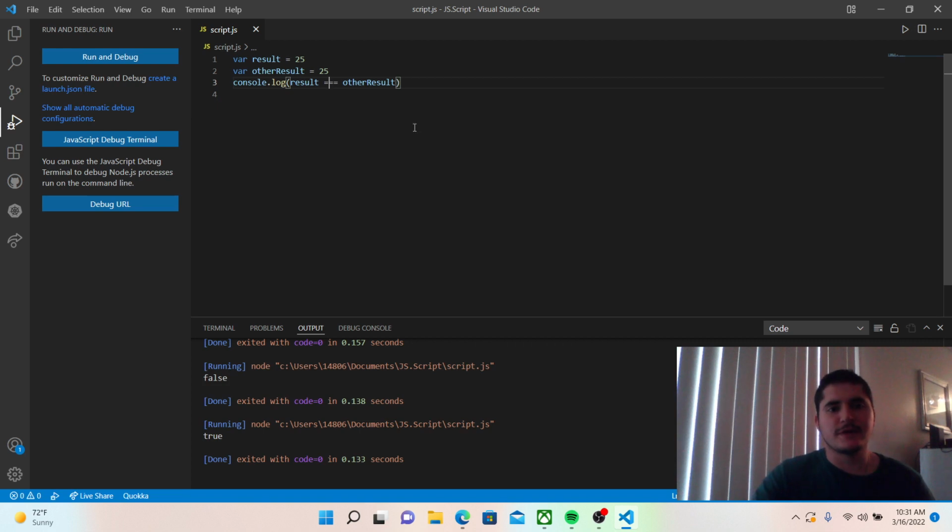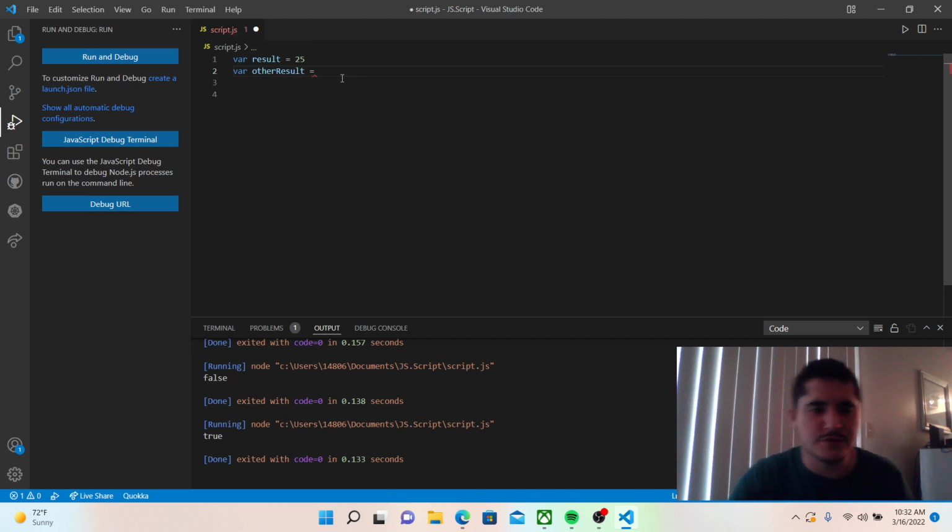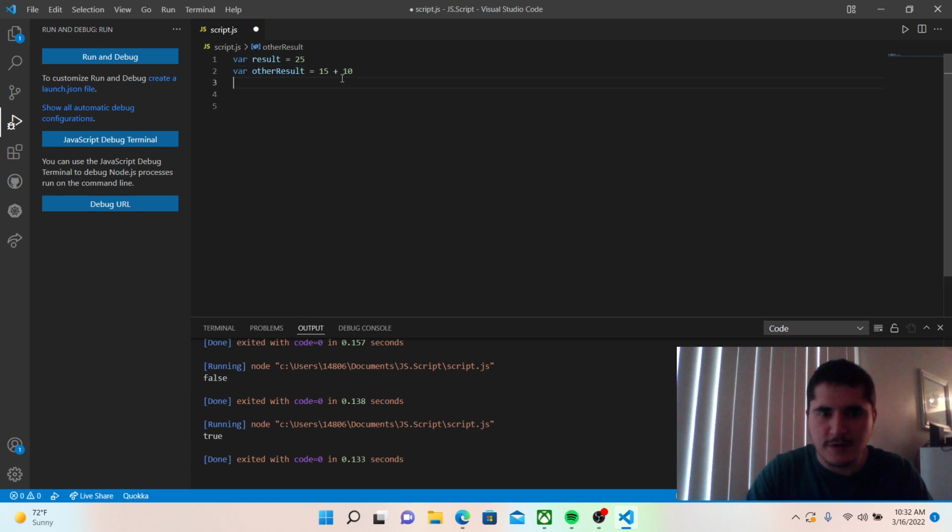There you go. Very easy. Console log. You can use equality operators. Equality operators are basically just making sure that things are equal. I could do something a little more complicated though. Let's do other results as 15 plus 10, and then